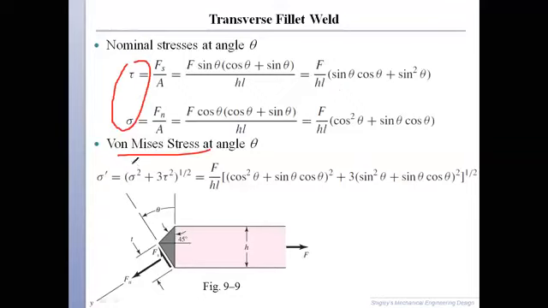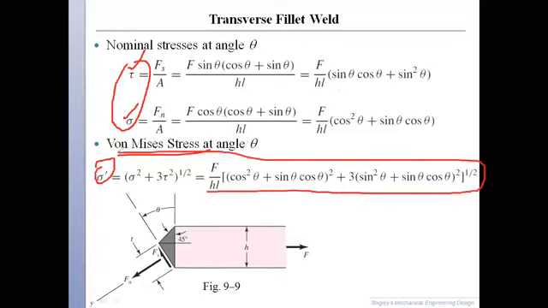Now we can go ahead and combine these two and find out the von Mises stresses, which will be the square of this plus 3 times the square of this under the root. ठीक है जी. तो ये हमारा बन जाएगा sigma dash. ठीक है जी. And putting the values in here, we can find out the von Mises stresses. Now, the thing here is